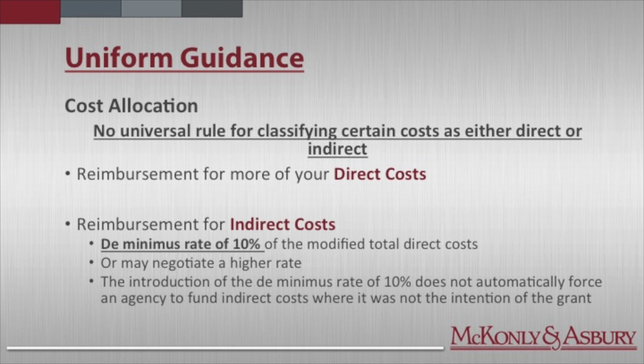There's been some confusion out in the community regarding this 10%. A lot of organizations feel entitled to get 10%, and that just because there's a de minimis rate, you're required to get 10%. That is not the case. Just the fact that they have it does not mean you get it, and what you really need to consider is going back to the intent of the grant award. If the grant award was never intended to fund indirect costs, good luck trying to get 10% from the government to cover your indirect costs. Again, go back to the actual grant agreement, and that will really dictate what is and what isn't allowed.